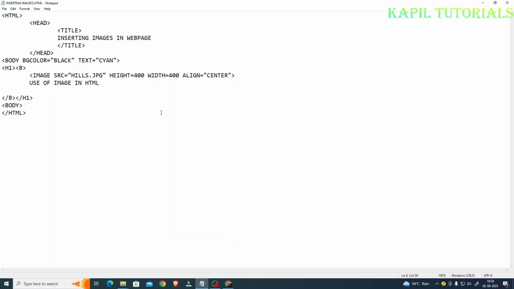Now the image is not coming in the center. So you can only control the image either left or right, center will not come. Then how to make it to center? So that also I'll tell you. Now with the align I could also use top,